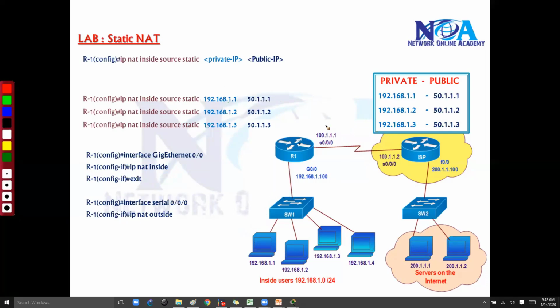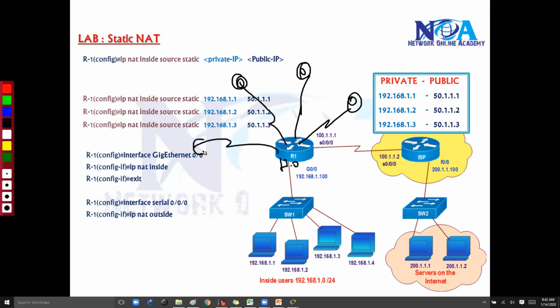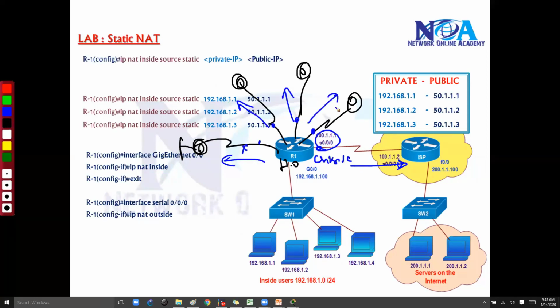And remember one more thing. Let's say this is my head office and this head office is connecting to other branch offices here. Now, are these outside interfaces? These are not outside interfaces. Basically, this is my outside interface, which goes to the service portal. I don't want to translate the address when they go to my other branch offices. Remember this. Don't think that on every WAN interface you have to enable outside.